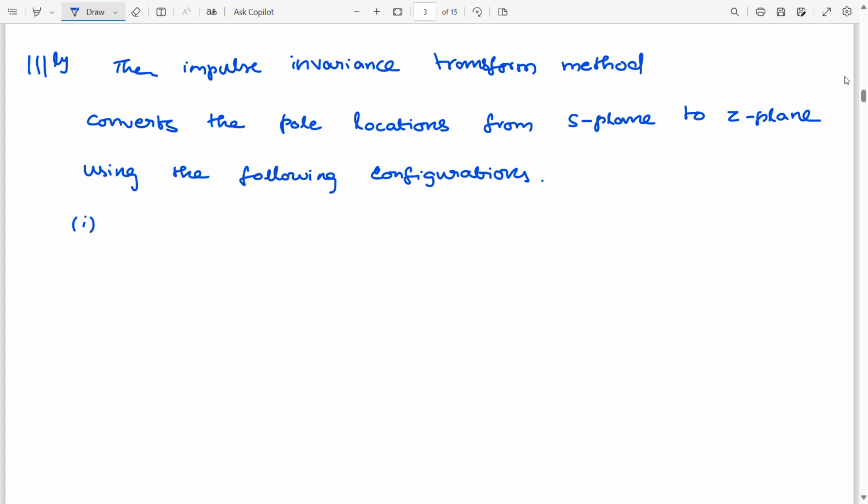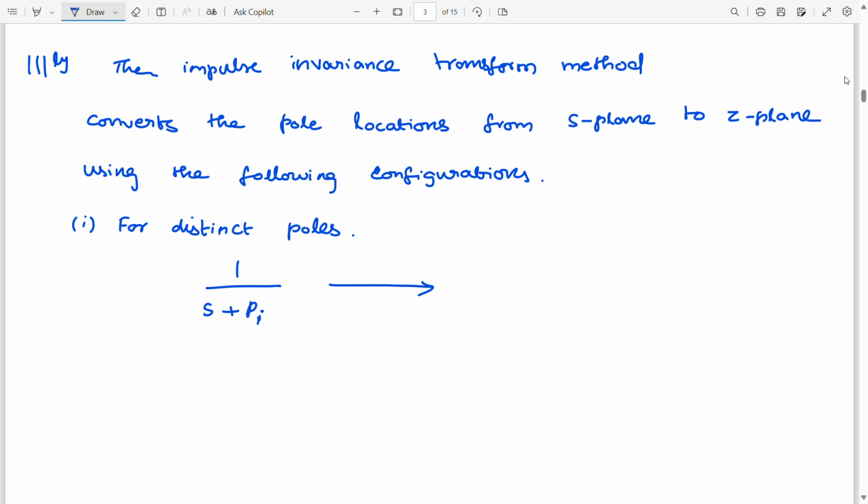If the system has distinct poles, that means a term like 1 divided by S plus Pi, where the pole is located at minus Pi,